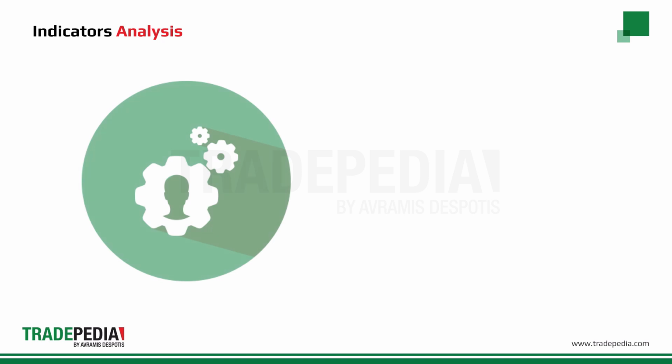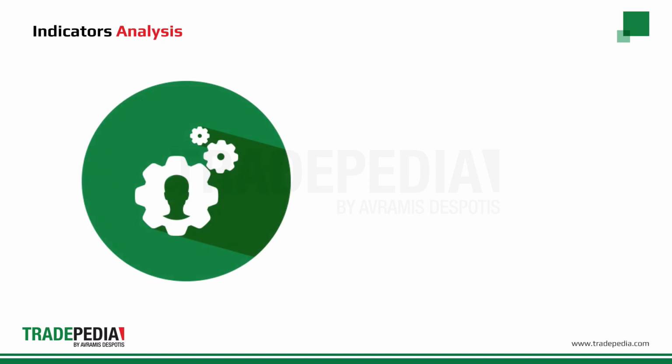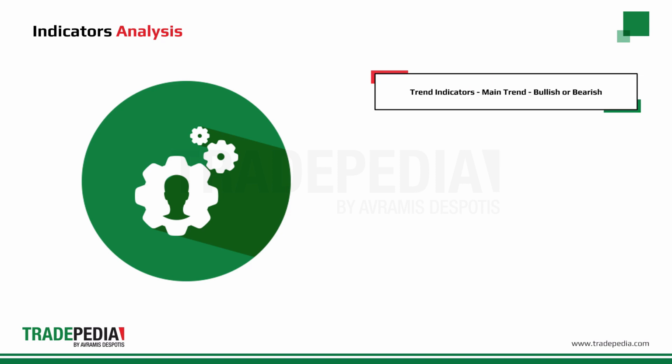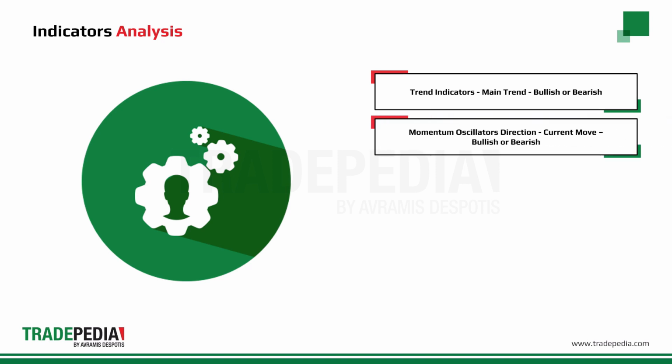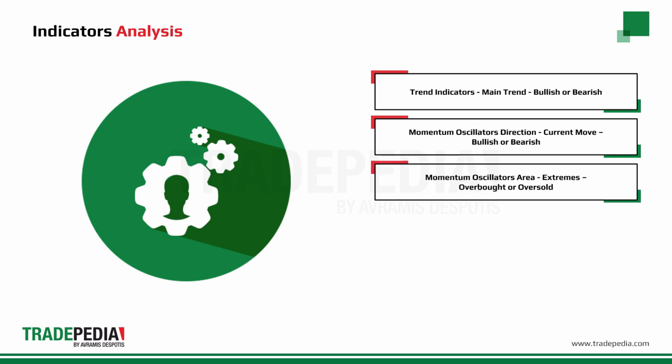We will use a combination of technical indicators in order to analyze various aspects of any given security. Trend indicators will be used to analyze the main trend and decide whether it is bullish or bearish. The momentum oscillator's direction will be used to analyze the current move or latest price wave and conclude whether it is bullish or bearish. The momentum oscillator's area will be used to analyze price extremes and detect if prices are